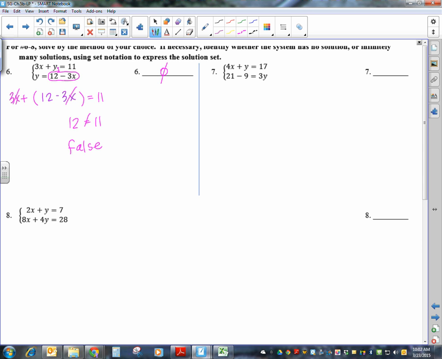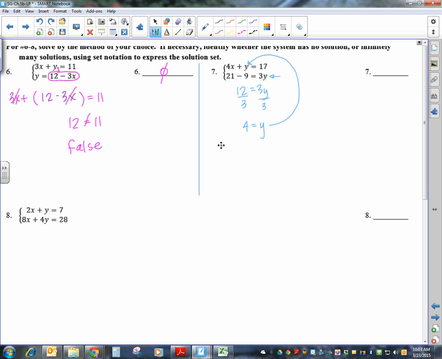Okay, the next one that we have, 4x plus y equals 17, 21 minus 9 equals 3y. Okay, there's no x there, so simplify this and go ahead and solve this one. 21 minus 9 is 12, equals 3y. Divide both sides by 3, and I find out that y equals 4. So I'm going to go plug that in. If it said 3y, I'd plug in that, but it says y. So I'm going to plug that in and find out that I have